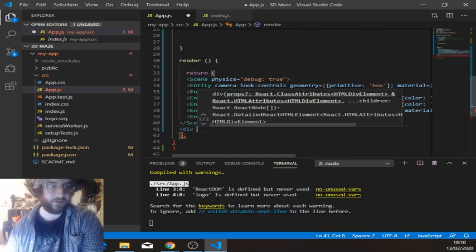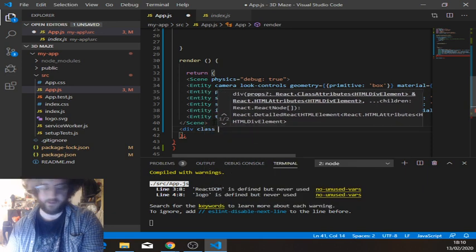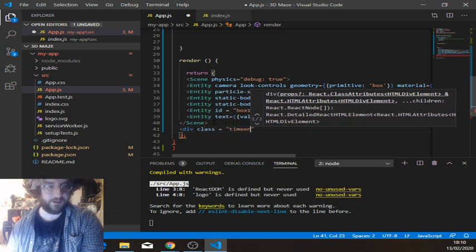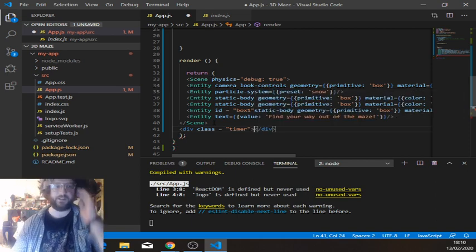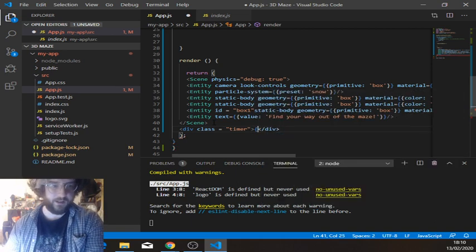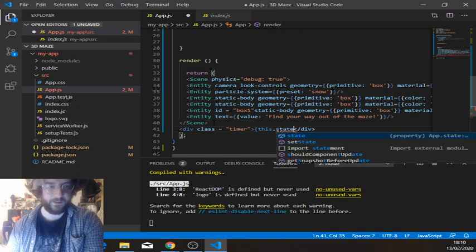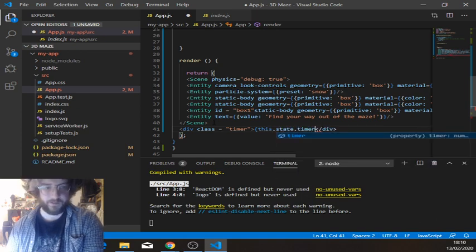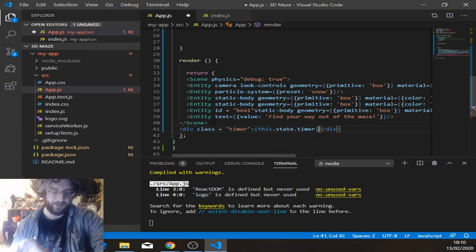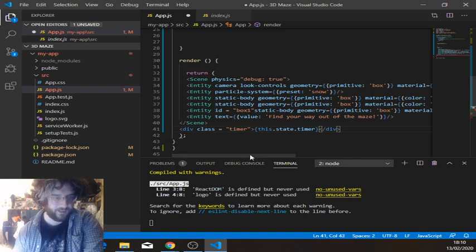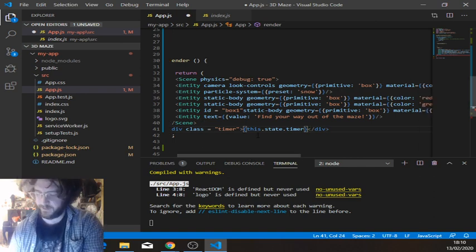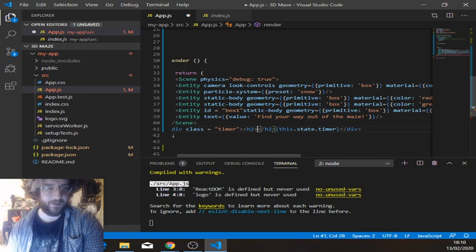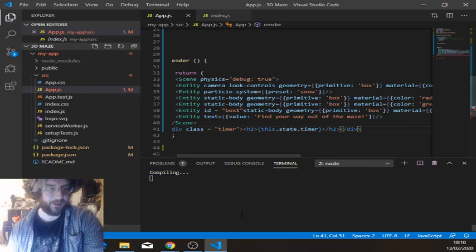Div, class equals timer. Okay, and I'll add some CSS for that, and then I need to add this state timer for the timer thing. Oh my god, I've got 15 minutes left. I'm not going to make it. Needs this timer. Well, hopefully that will show the timer. There's no real div thing in there yet, but